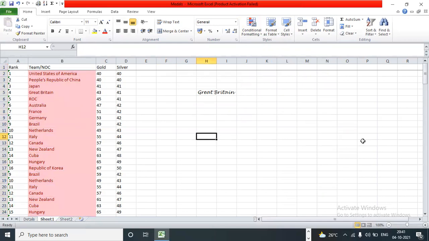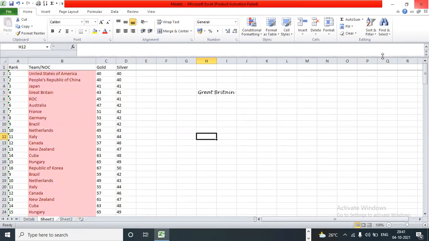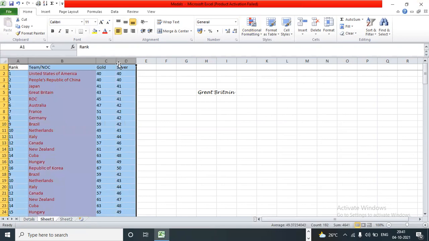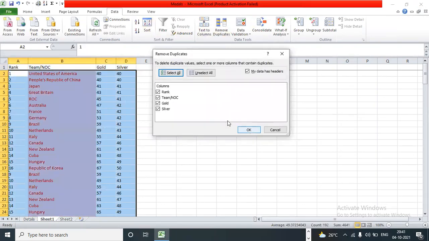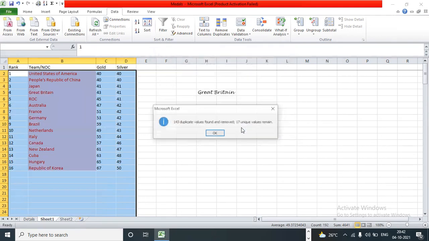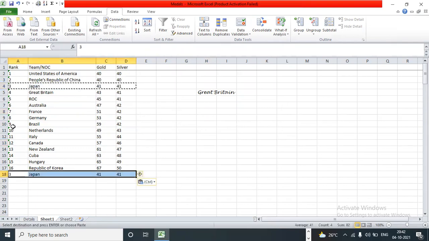Now, if everything is a duplicate, it will be a bit confusing for you. First, let me delete duplicates and I'll come back to that. How to delete duplicates? Select data, Data, Remove Duplicates. Excellent. Okay, now all the duplicates have gone. So now I'll add a few duplicates and show you how we can find them.